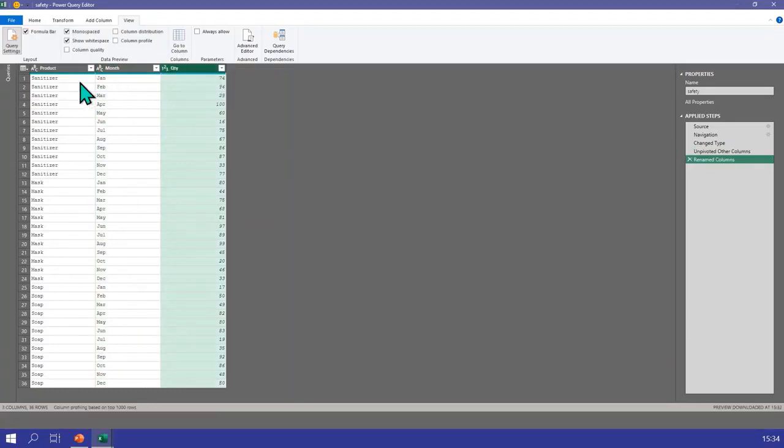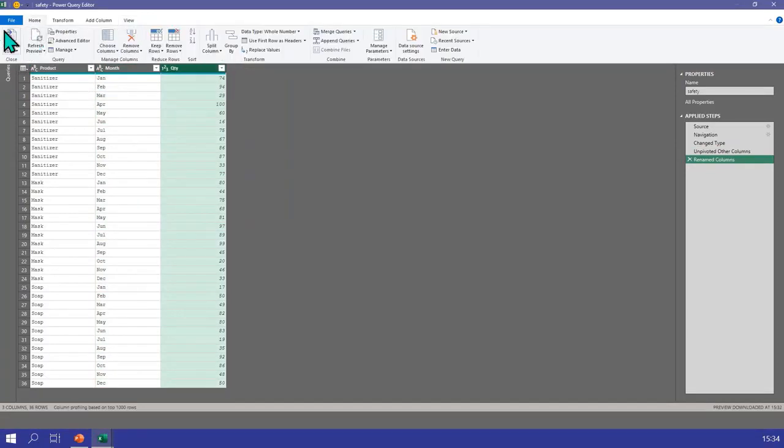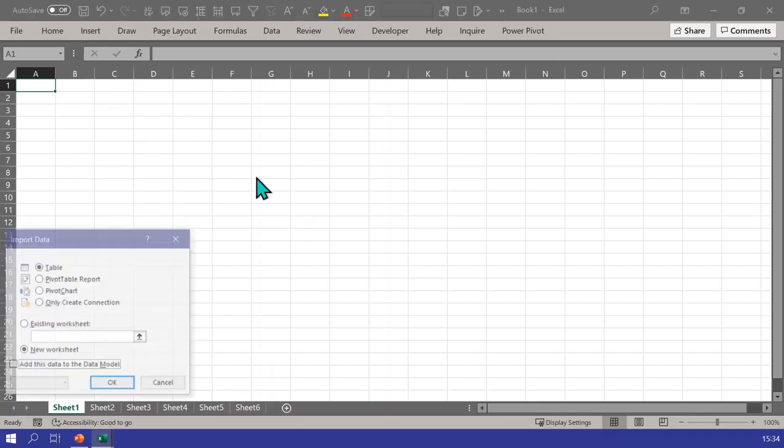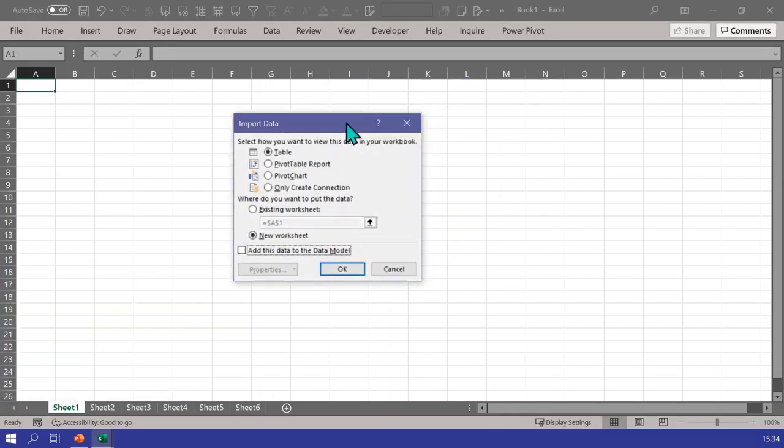We are done. Now we go to the Home tab and load the data. When you are loading the data, this is small data, so it's okay to put it in an Excel sheet, but we have a choice. If you know this is going to be very large data, for example a CSV which you know is many million rows, then obviously it's not going to fit in an Excel table which is going to go in a sheet. So in this case, large data, you say only create connection and put it to data